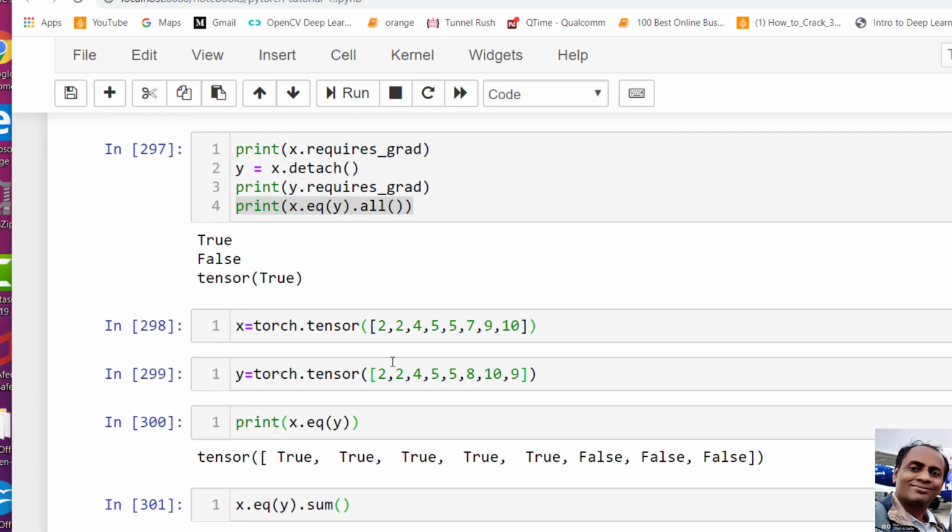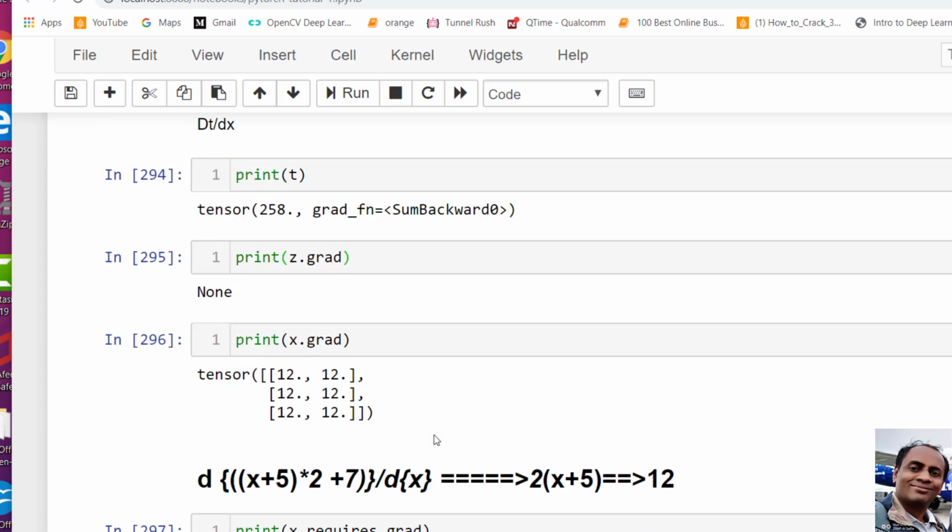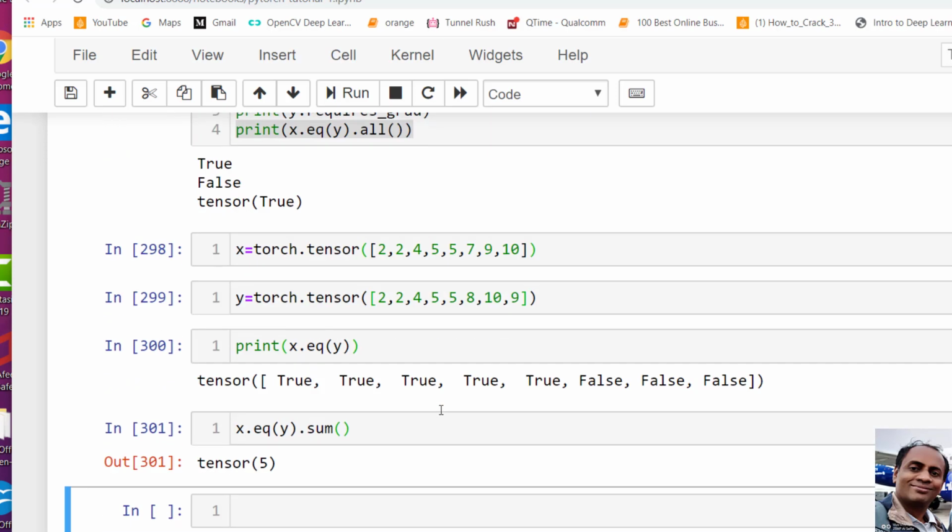So this is what you need to learn today, guys, and in the next session I will provide you more details. We will go into details of how to calculate the gradient and probably start with the first neural network. Thank you very much. This is all I had for this session. In the next session I will provide you more information.